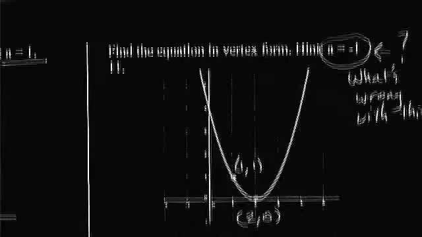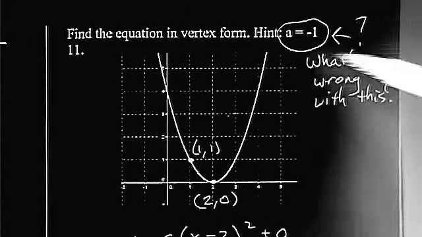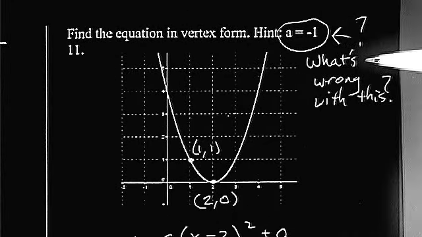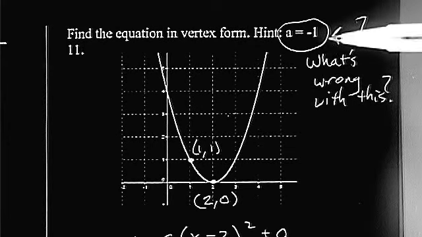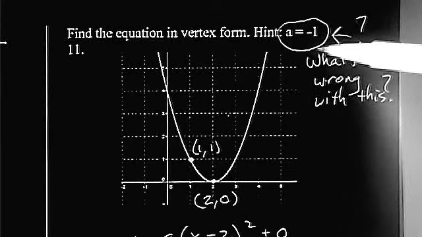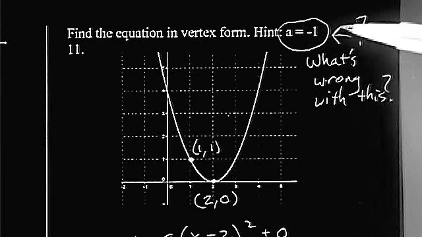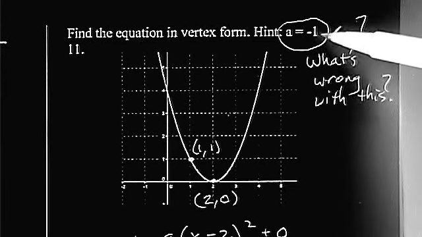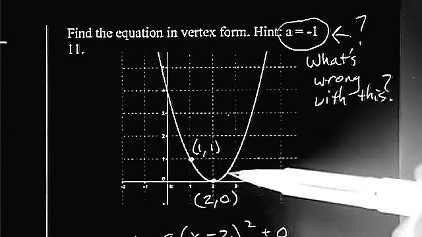Question 11. This was a problem to me. When I saw this, I was like, what in the world? Why in the world do we have an a value of -1, but this thing opens up? That's not right. So I knew right away something was not quite right with this problem, and there's a problem. So come down here